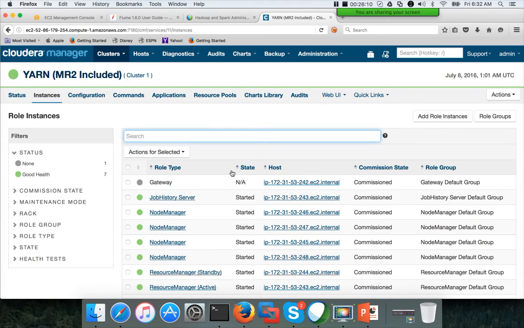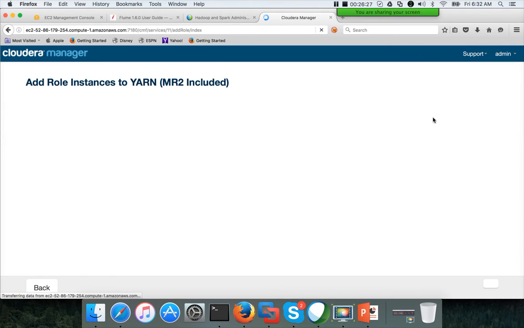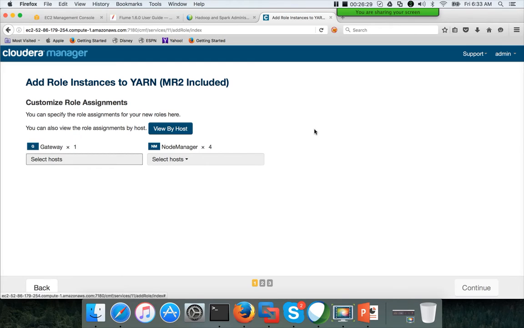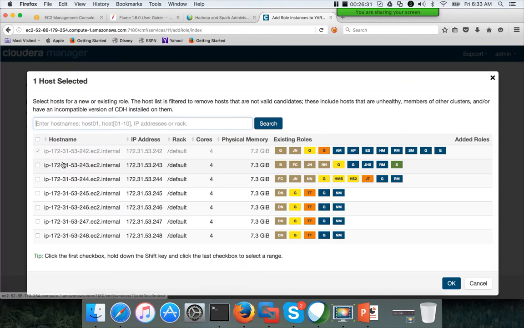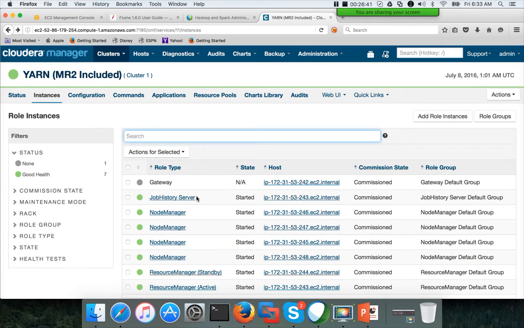And one more thing you need to remember: when you are using Cloudera Manager and adding these services individually, gateways will not be configured automatically. You will not see the gateway component here. So when you review the instances, if you don't see the gateway, immediately click on add role instances. It will show the gateway, and you can choose whatever you want to configure as gateway and just deploy it. It will take a couple of minutes to deploy, and you will get a gateway node for your cluster. Okay, so add role instances is the key.